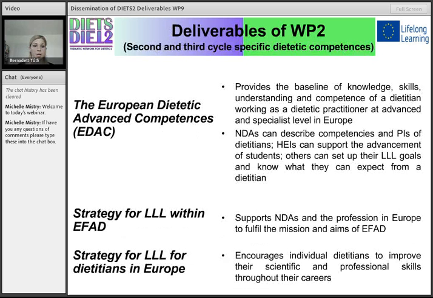Work Package 2, they are the second and third cycle specific dietetic competencies work package. And one of their main achievements is the European Dietetic Advanced Competencies. These competencies are a really useful document which provides the baseline of the knowledge, the skills, and the understanding together with the competencies of a dietitian or a dietetic practitioner who is working at advanced level and the specialist level in Europe. For example, that dietitian who is working in a diabetes center,